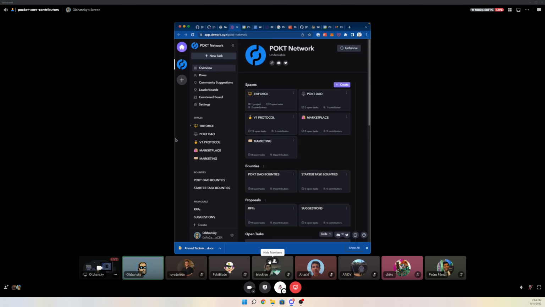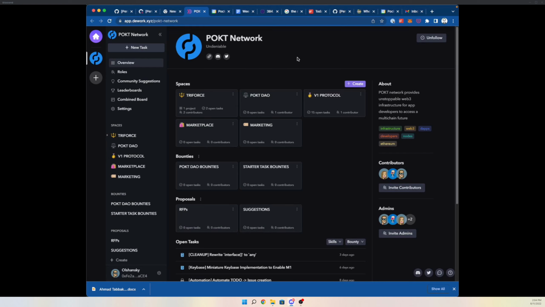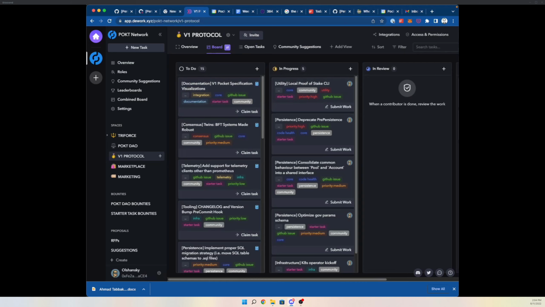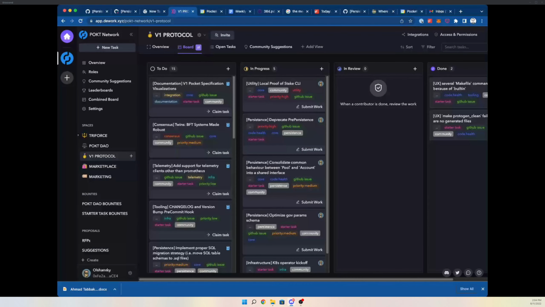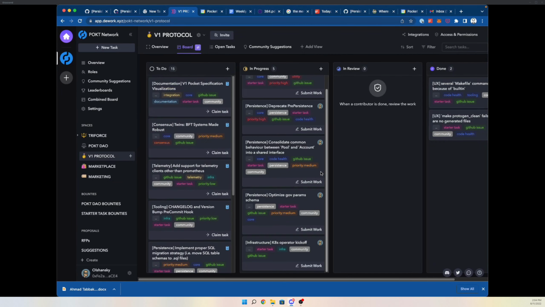Yeah, so this is it. It's an Asana Jira-based type system, specifically dedicated towards Web3. And if you go under the protocol section, anything that we mark as community or starter task will be found here. If you're an experienced external contributor, you can take on any of the community tasks. If you're just getting onboarded as an external contributor, I would suggest looking at something with a starter task label.